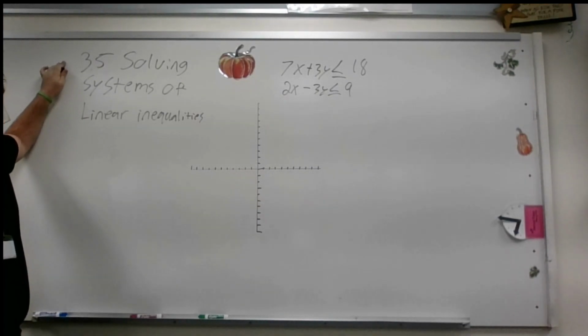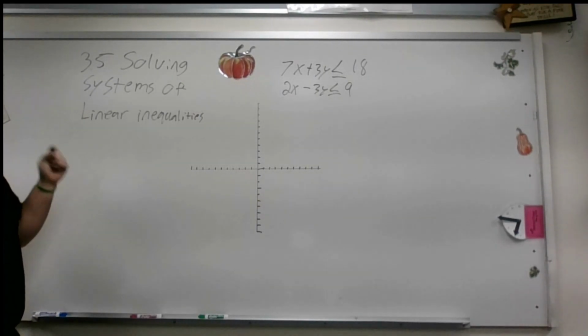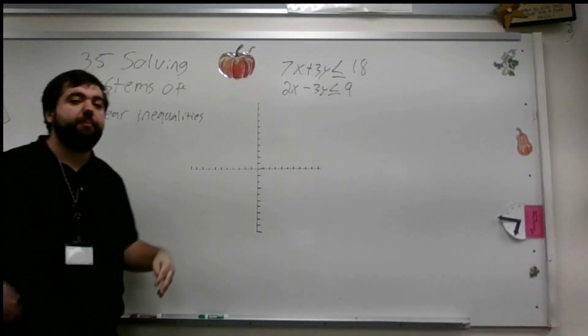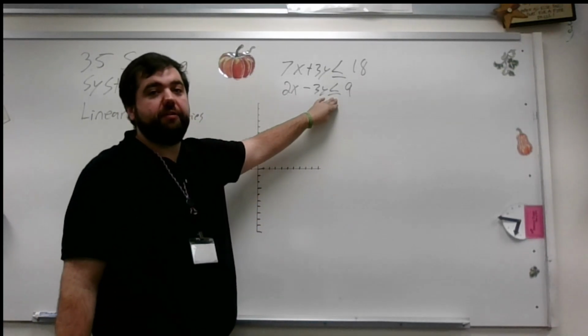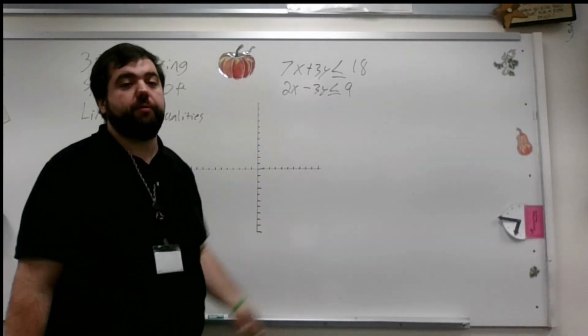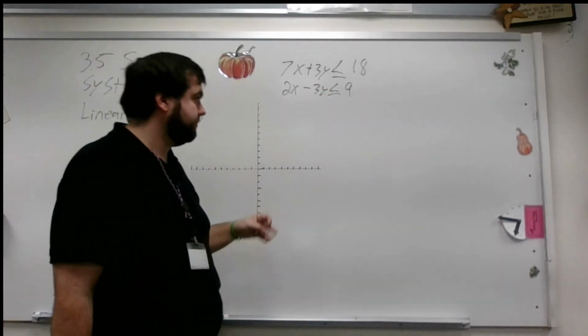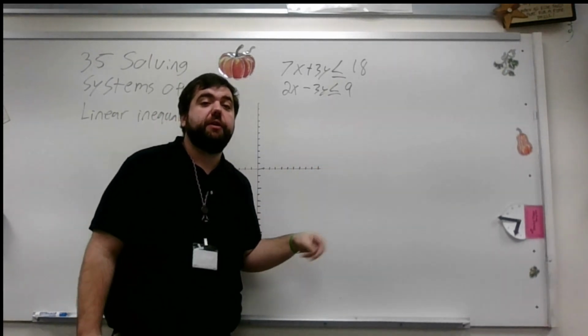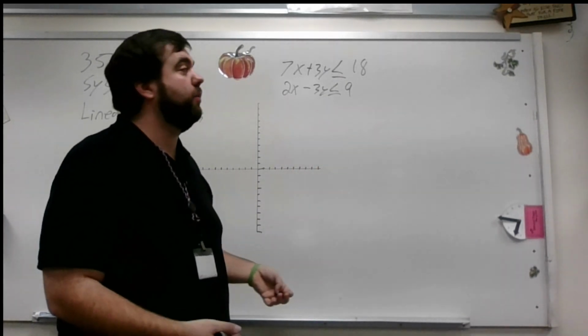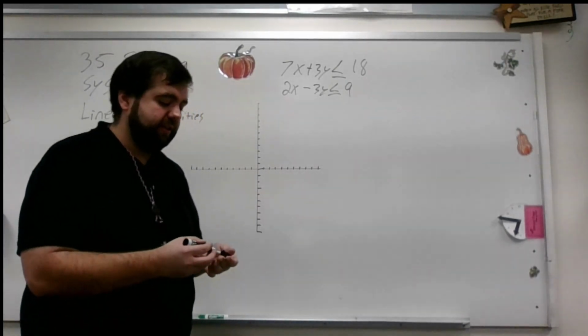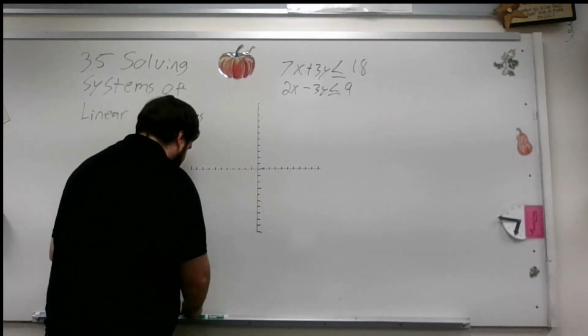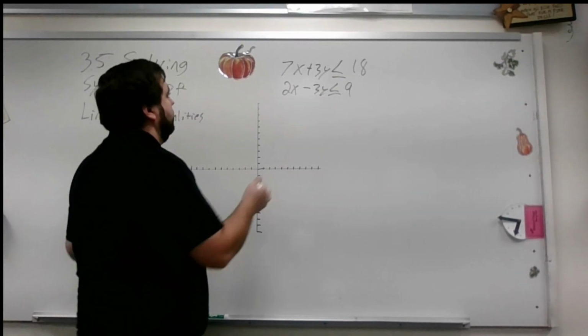Alrighty guys, on the 3.5, solving systems of linear inequalities. So remember, linear inequality is when we have greater than, less than, greater than or equal. What we're doing here is graphing these inequalities. Graph them one at a time, then let that dictate our answer. Okay? So this first one,